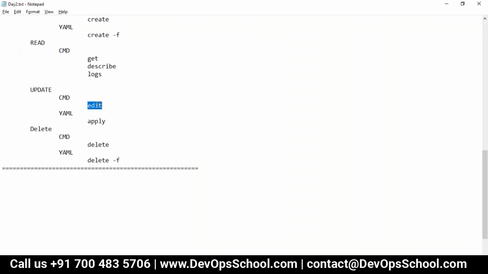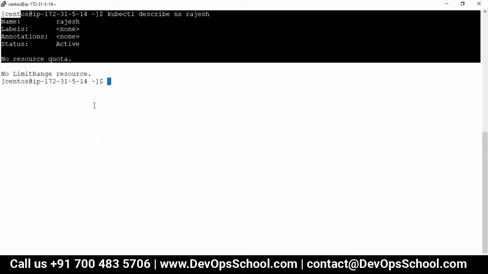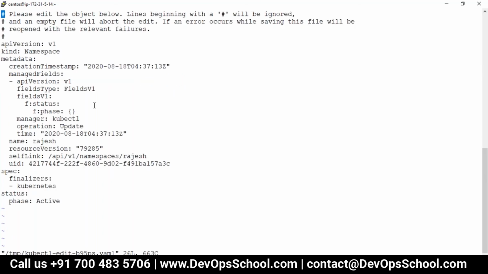Now you can also edit, and you can apply if you have a YAML. So for example, you can run edit ns, and you can modify the name. You cannot modify that, it's unique. Name you cannot modify, but you can modify some labels and stuff like that.